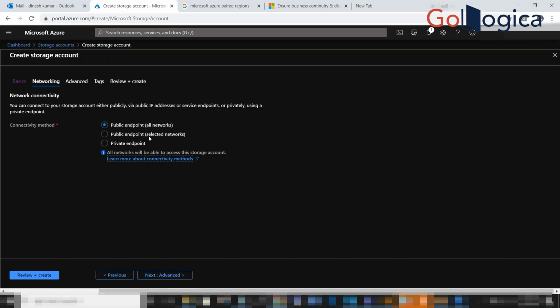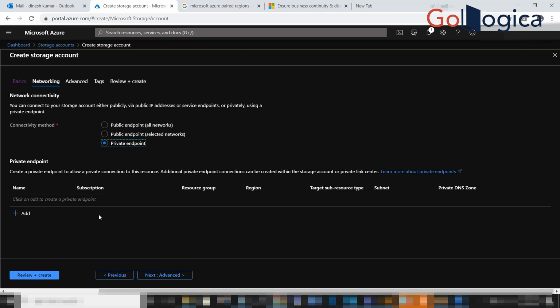In this one, I said to you, based upon the project you're working on, if it's ordinary web development, website creation, you can go for a public network. But if it's a banking or some other important project like insurance, you don't want to expose your product to the outside market. That time you should define a private endpoint or public endpoint. Private endpoint, you have to define that,